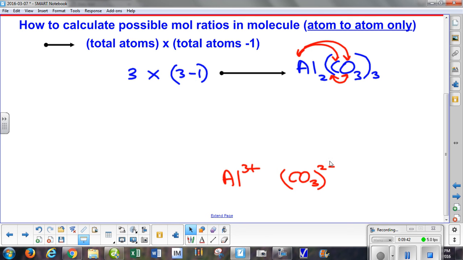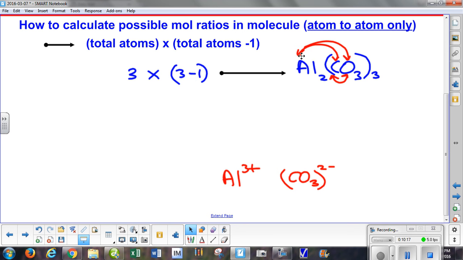molecule, we wind up doing a crisscross to give aluminum a 2 subscript, which 2 times 3 plus is 6 positive charges, and 3 carbonates with a 2 minus charge gives us 6 negative. 6 minus 6 is 0, which is what you need in a balanced molecule. So here we are with our aluminum carbonate, and now we just are going to check out the total ratios